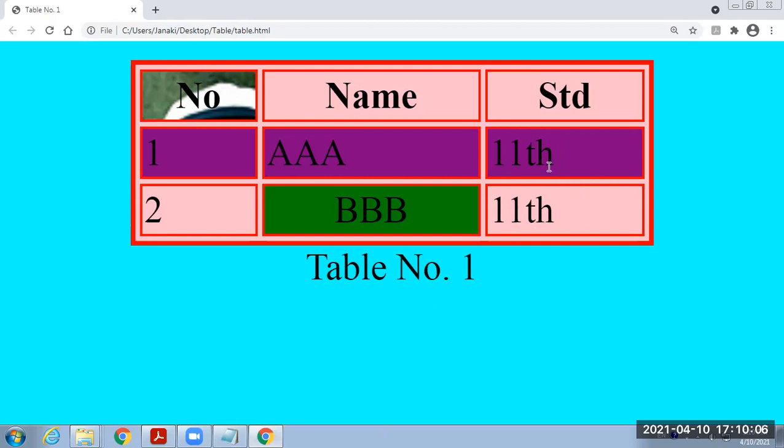We will combine it by using the row span. Why do we do the row span here? This data and this data are both in different rows but in the same column. Okay, therefore we are providing row span here.